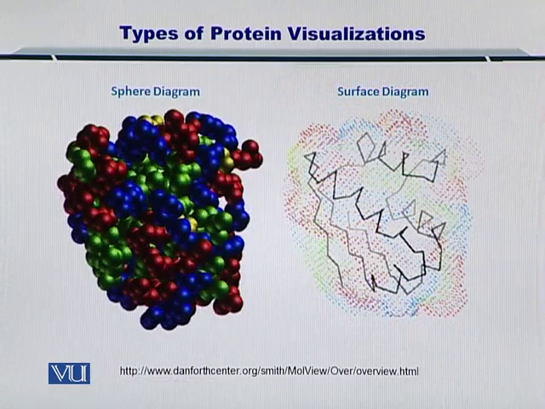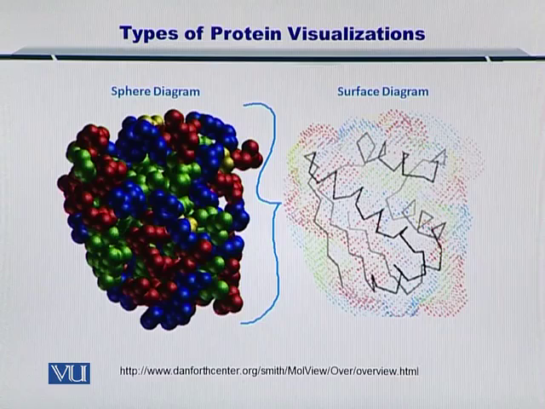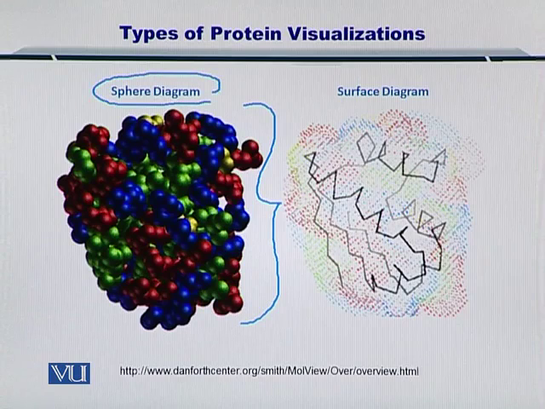So this is the CPK diagram here. As you can see, each atom has been plotted as a sphere. Now, the size of each sphere is actually the van der Waals distance, or the size of the atom. There are two ways to draw the CPK diagrams. One is the sphere diagram, in which everything is plotted as spheres, and the second is the surface diagram,